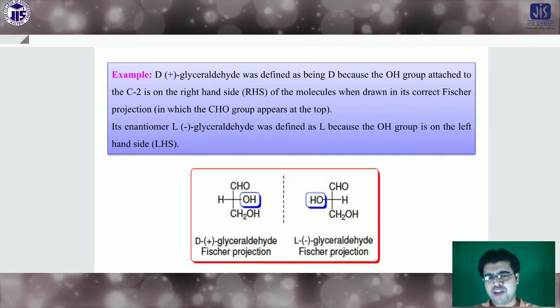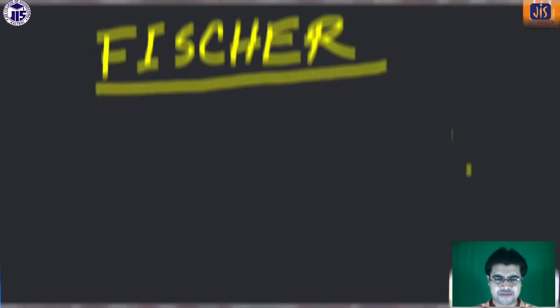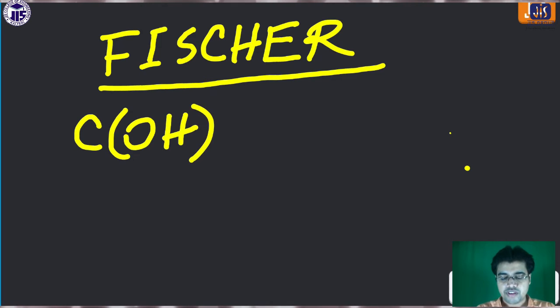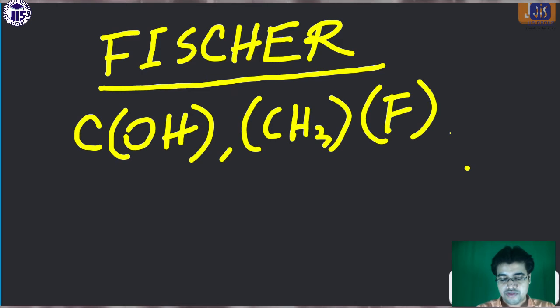Okay, so first look how we can write down the Fischer projection. If we consider the Fischer projection, then look here. For example, we are taking a very common example: this is the C, then OH, then CH3, then F, then Cl. That means this is the central carbon, C, and with this carbon there are